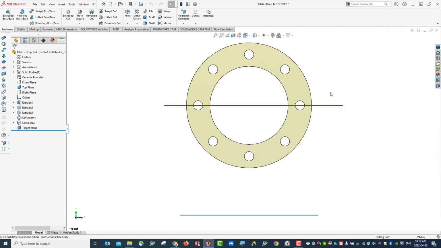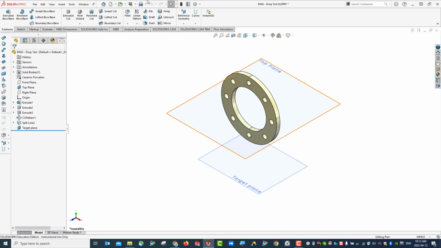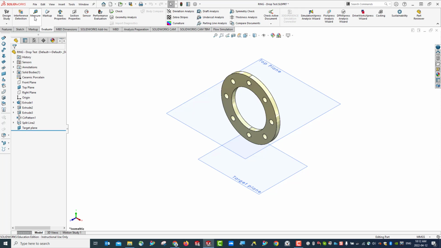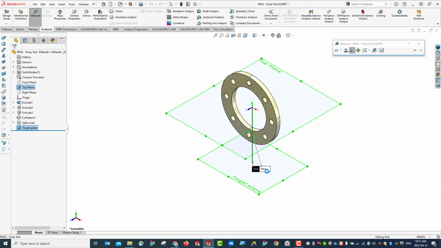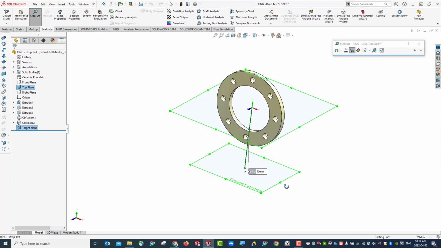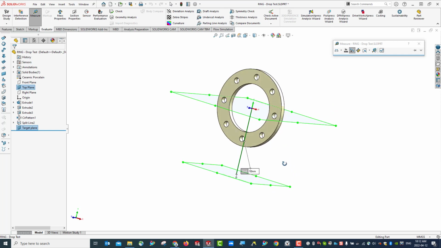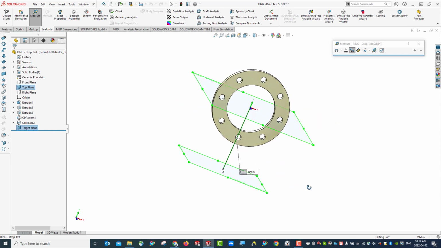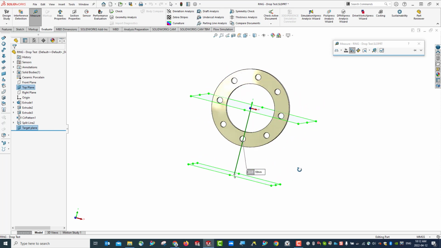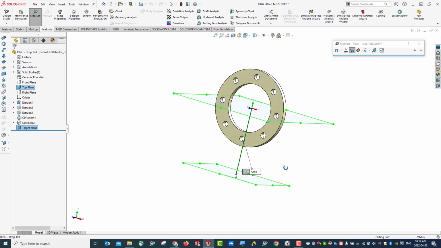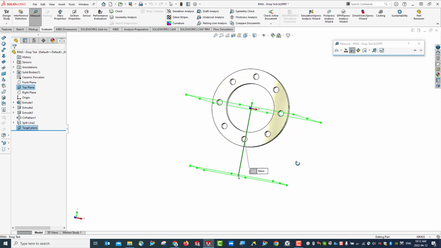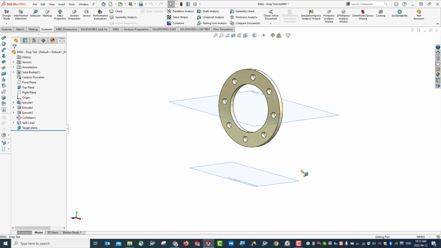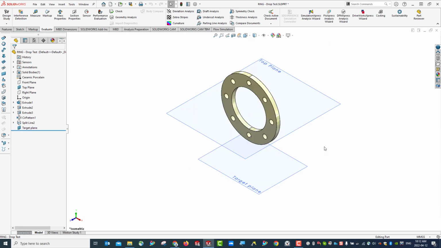Okay, so if you make a measurement, evaluation, measure from here to here. Okay, you can see this is 70 millimeters. Okay, 70 millimeters. All right, so let's look at it here. Then what we're going to do,